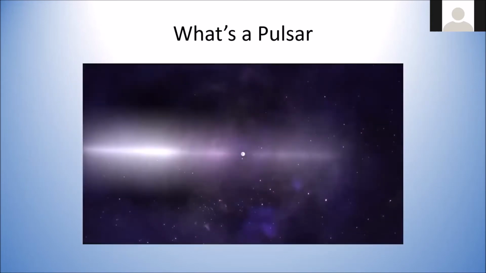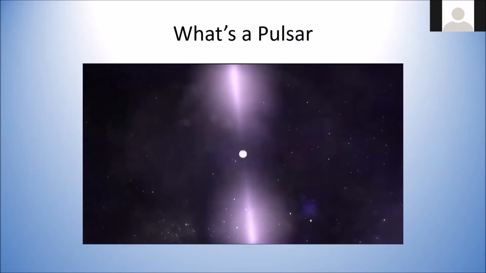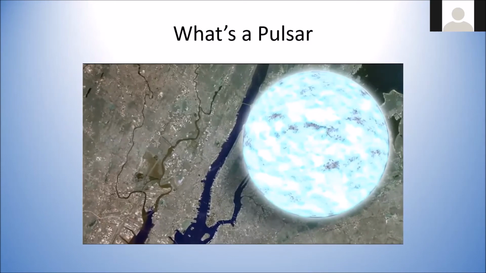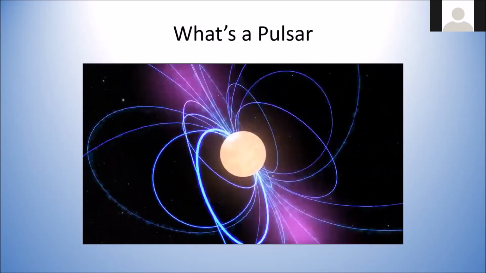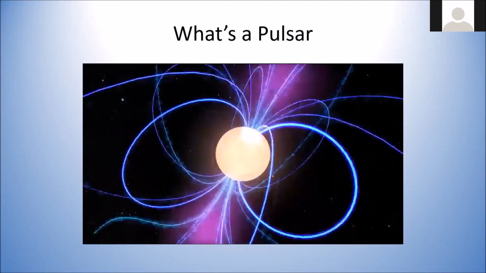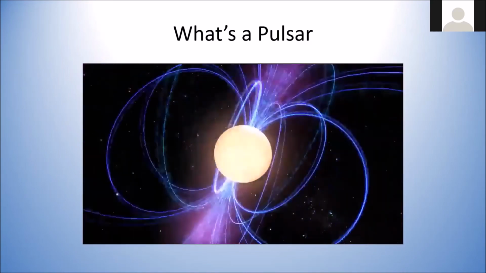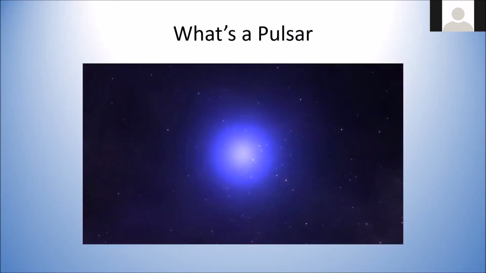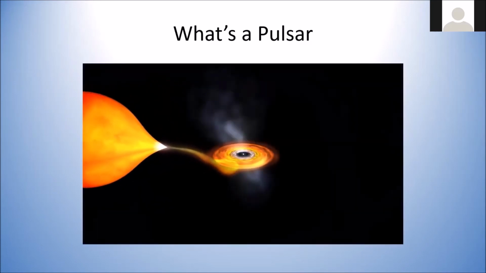A pulsar is a rapidly spinning neutron star, which is the small, incredibly dense remnant of a much more massive star. A teaspoon of matter from a neutron star weighs as much as Mount Everest, and a neutron star is so compact that a ball about 15 miles across contains more matter than our sun. Neutron stars spin between 7 and 40,000 times a minute and form with incredibly strong magnetic fields. Rapid spin and intense magnetic fields drive powerful beams of electromagnetic radiation, including gamma rays. As the pulsar rotates, these beams sweep the sky like a lighthouse. To a distant observer, the pulsar appears to blink on and off. Pulsars slow down as they age, but some of the oldest pulsars spin hundreds of times a second.